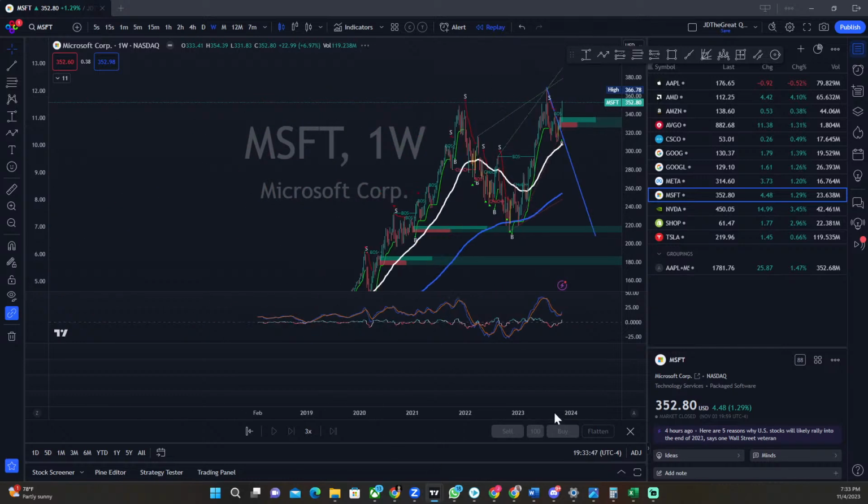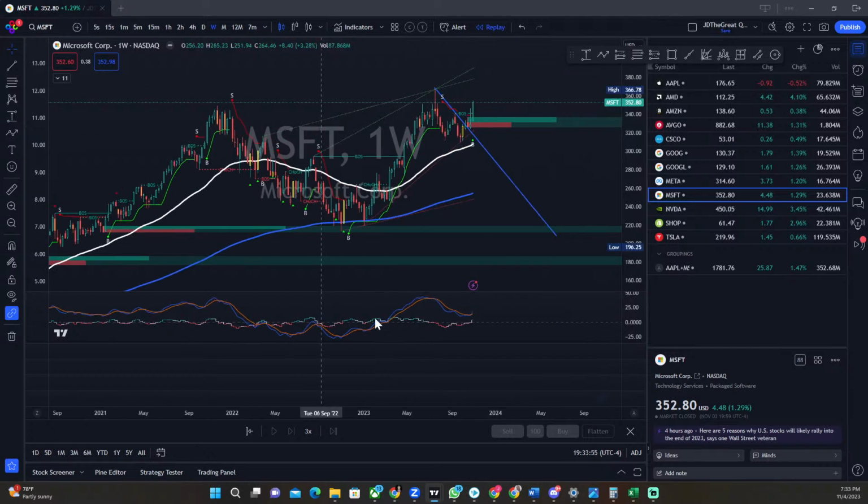I do think at the end of the day, Microsoft is in the sense of a place where it could start a downtrend. I do think this could still be an M pattern. There's a lot to unpack over here. But with the MACD crossing up, it looks like it won't happen anytime soon. So unless they take out this whole entire candle and then fill the gap that's down here with Microsoft, we're going to be pushing up.